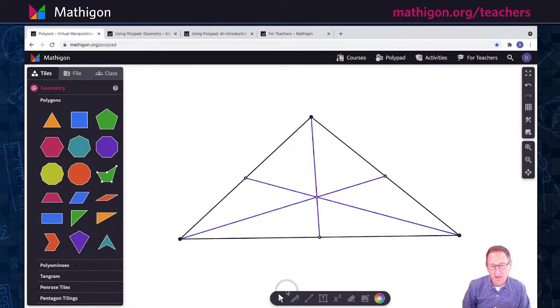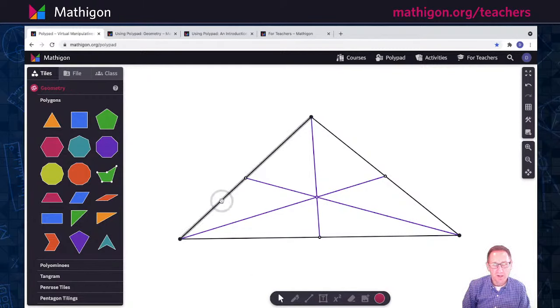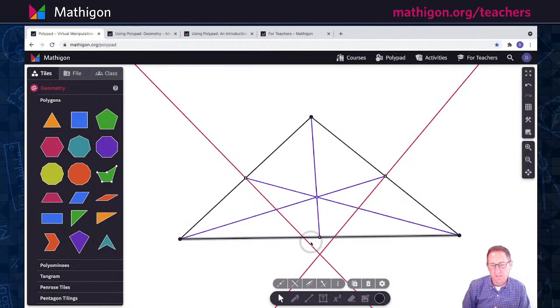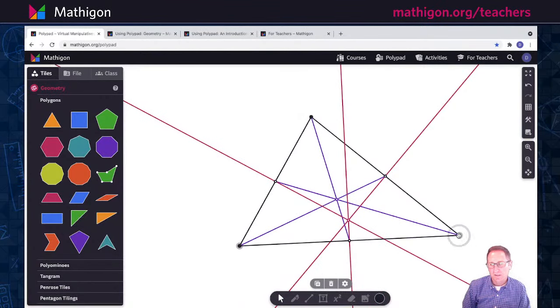All right, and now maybe I'll go to red here, and I'm going to click on a line and draw in the perpendicular bisector of each side. So I've clicked on the side, and I'm clicking perpendicular bisector. You can see they met outside the triangle here, but I draw that in, and they all meet at the same point as well. And when I move the triangle around, sometimes that point is inside the triangle, sometimes it's